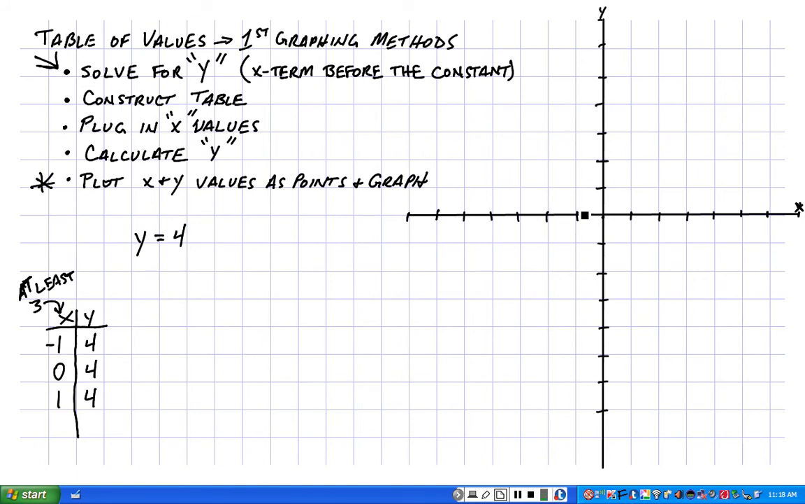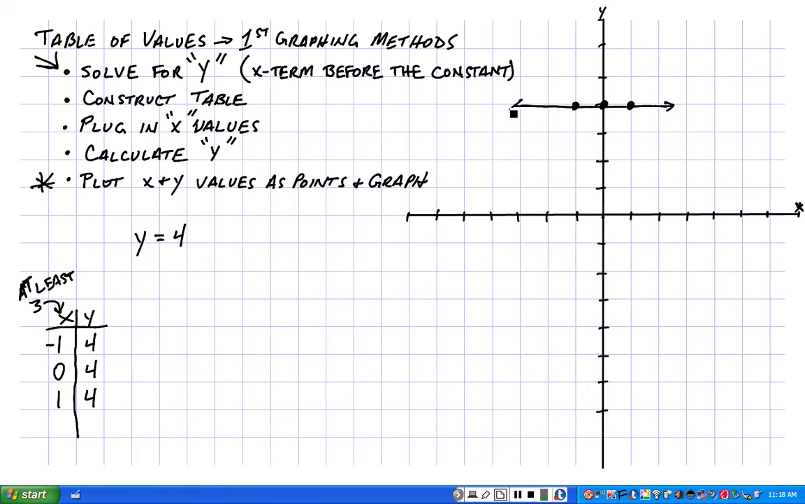So -1, 4; 0, 4, which is a y-intercept because it's touching the y-axis; and over 1, up 4. And there you have it. This would be the line